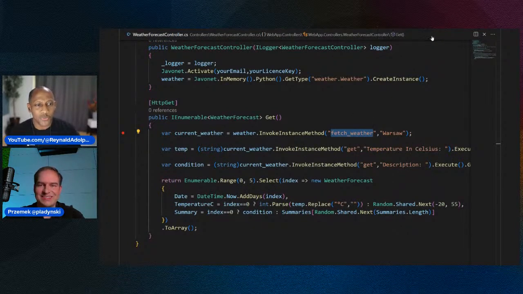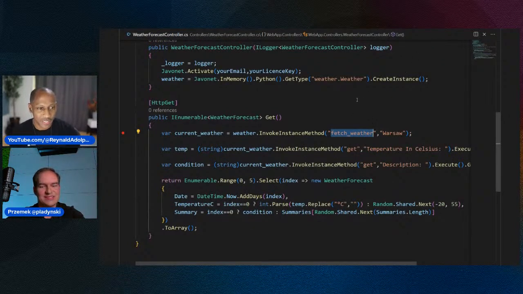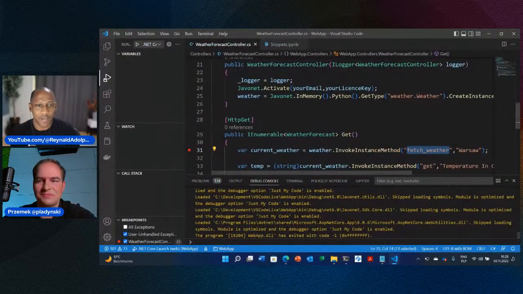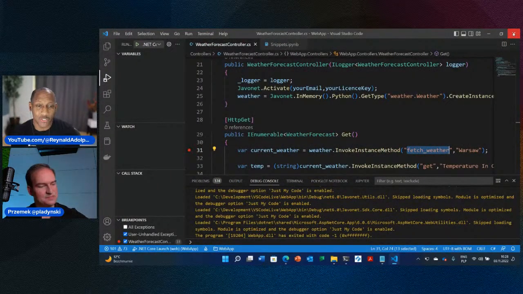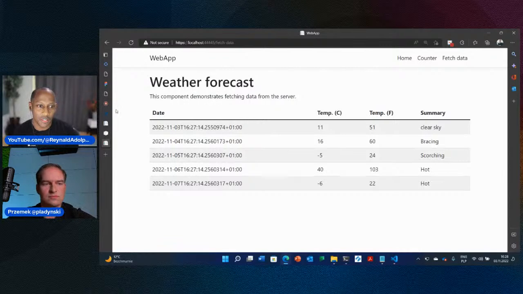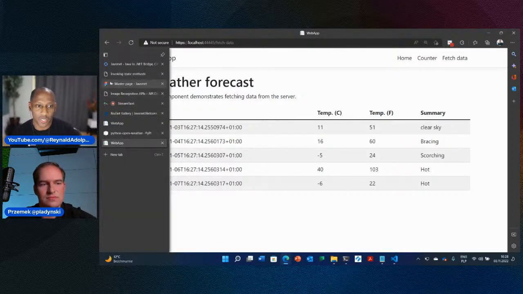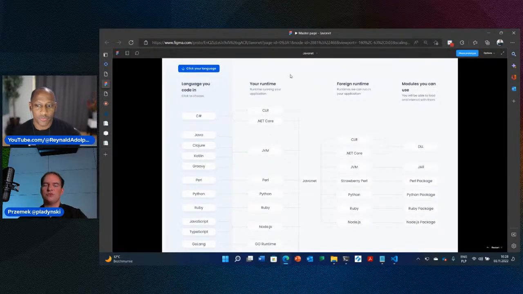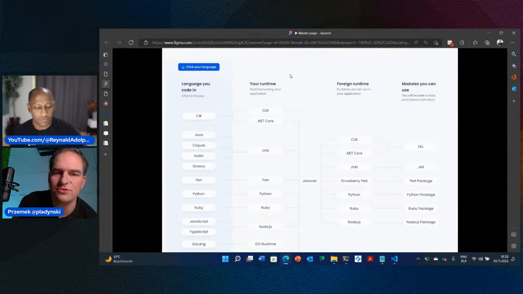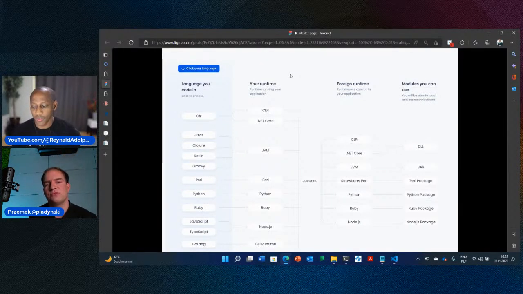And so we're in .NET, and we were able to access this module that's in Python, and the main thing that we have to do is just install our dependencies and activate our Javonet license, right? Exactly. That's all you need to do. You just install the dependency you need within the runtime that you are planning to use. So it can be a Maven package, a Python package, a Perl package, and just use it from any technology you pick for your project.